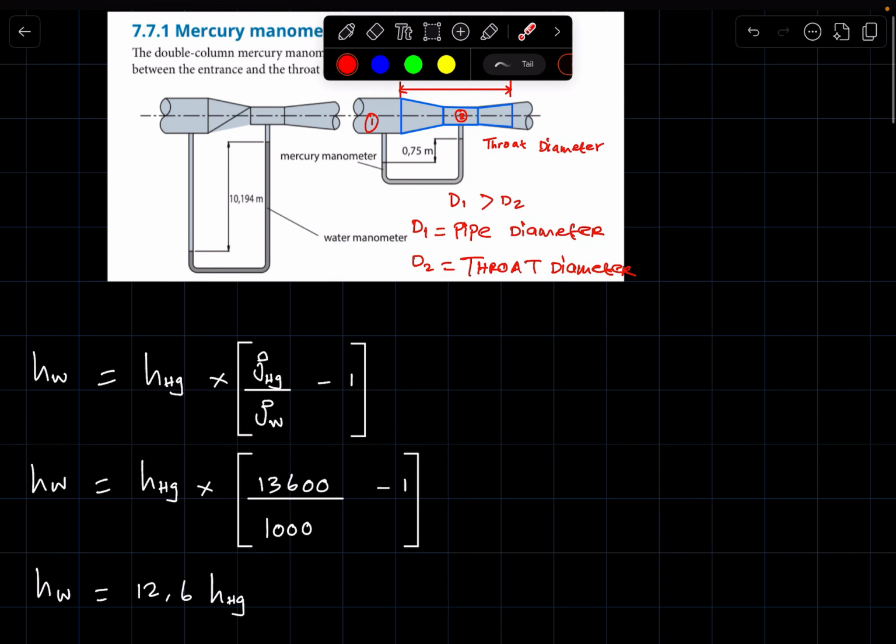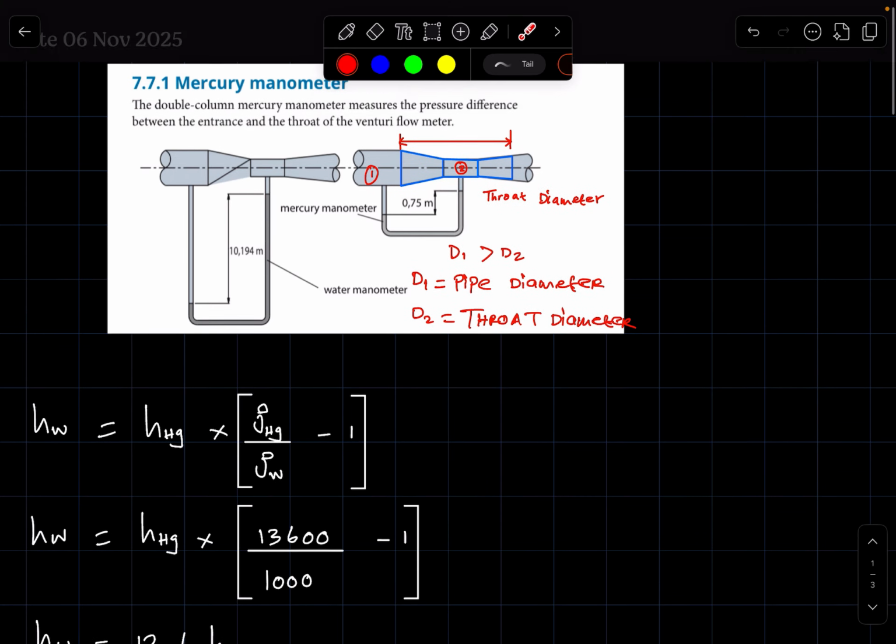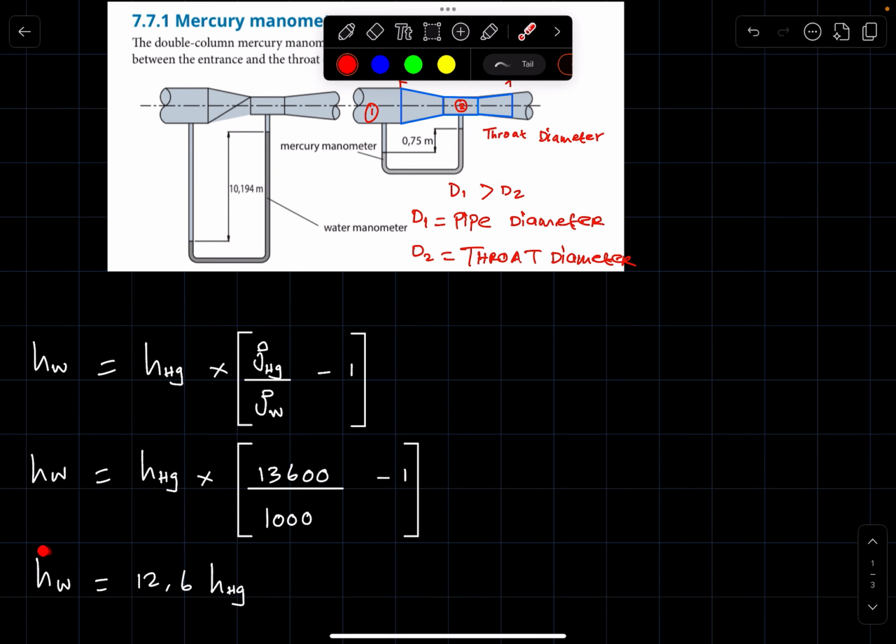Now I did explain that this h here is essentially the pressure head difference, which, if you were to apply Bernoulli's between these two points, would be equal to the pressure head difference. By pressure head difference, that is P1 minus P2